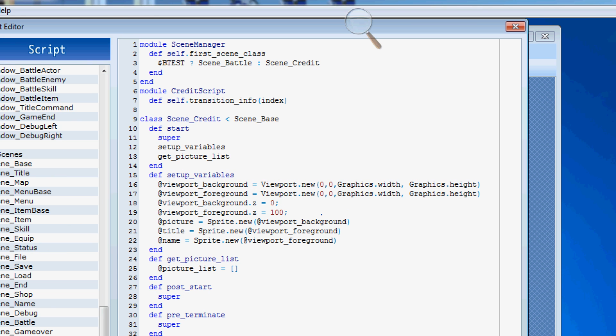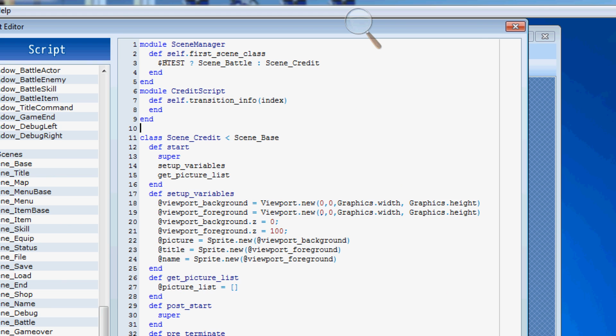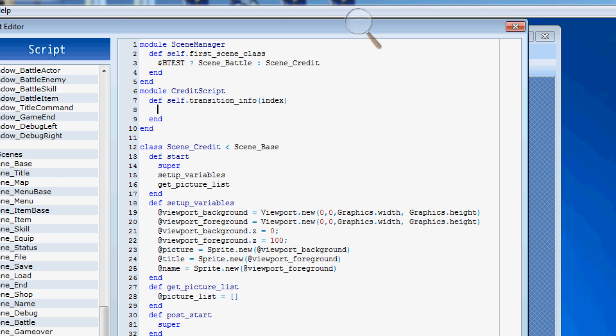Alright, so we've got our credit script here, self dot, and let's go ahead and call this transition info. Alright, and then what we'll do is we'll pass it an index. Okay, so what we're going to do is we're now going to define what this transition info is. Okay, so this could be for the background, so we'll go ahead and put